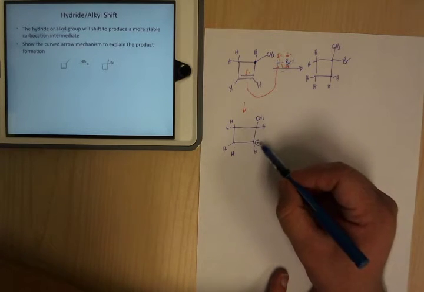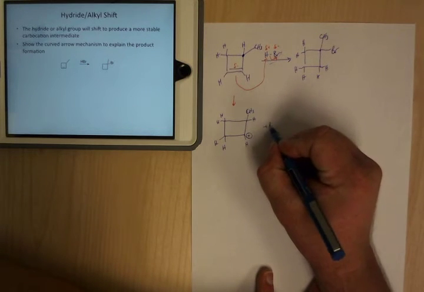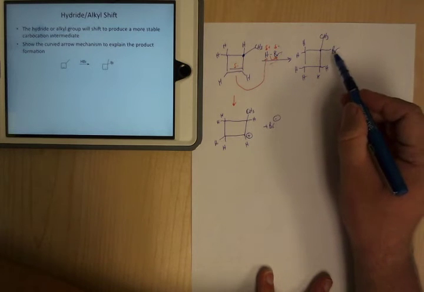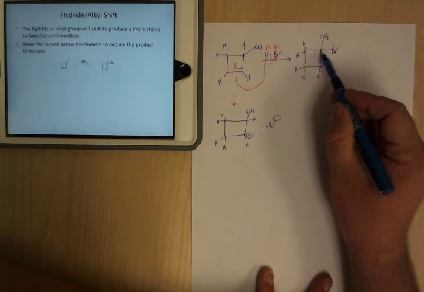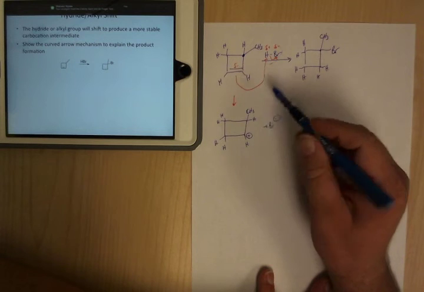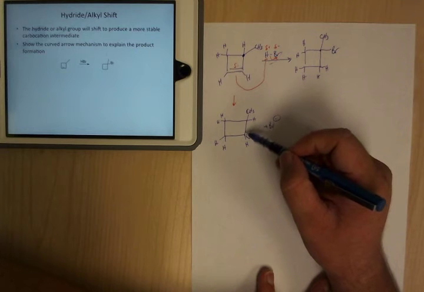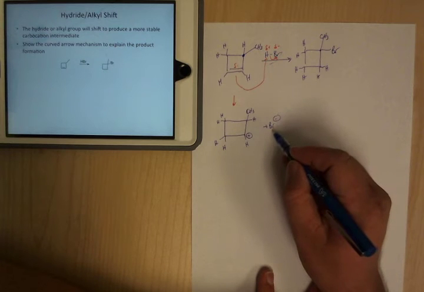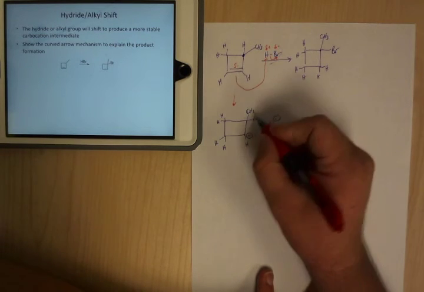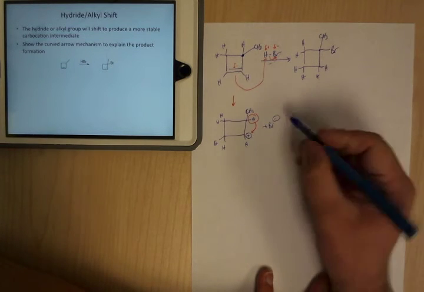So why did I put the carbocation there? Well, because eventually the bromide, since you also make bromide, is going to have to attack there, because that's where the positive charge is going to end up. We can't go across, we can't go two away, but we can go one carbon away. So what happens is this hydrogen here shifts there. So when that happens,